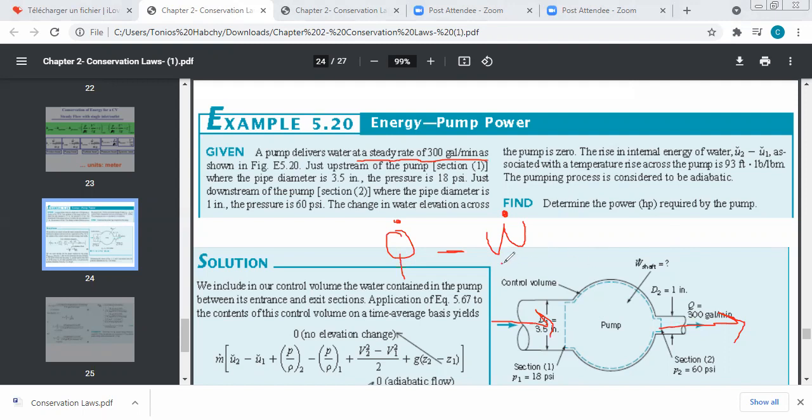So here W dot will represent minus W dot of the shaft, and minus minus will give you plus. So when you do minus minus W shaft, you will get plus W dot at the shaft. So Q dot plus W dot at the shaft